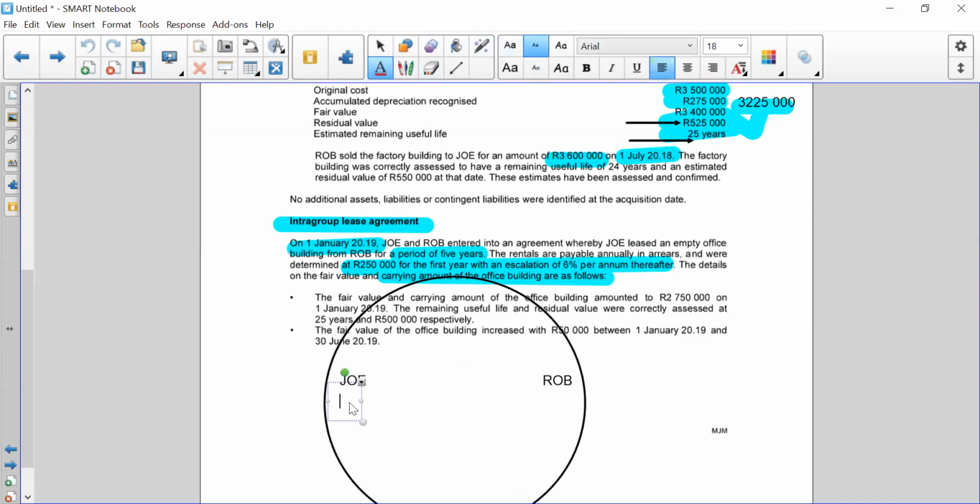So if we're looking at it from Joe's point of view, Joe has entered into a lease with Rob. So from Joe's point of view, you'll remember from our leases class, there'll be an asset, there'll be a liability, there'll be interest, and there'll be depreciation. From Rob's point of view, Rob is the lessor in this arrangement. And if we look at the information a little bit further, this is a lease of land and buildings. So this will be an investment property in Rob's books,